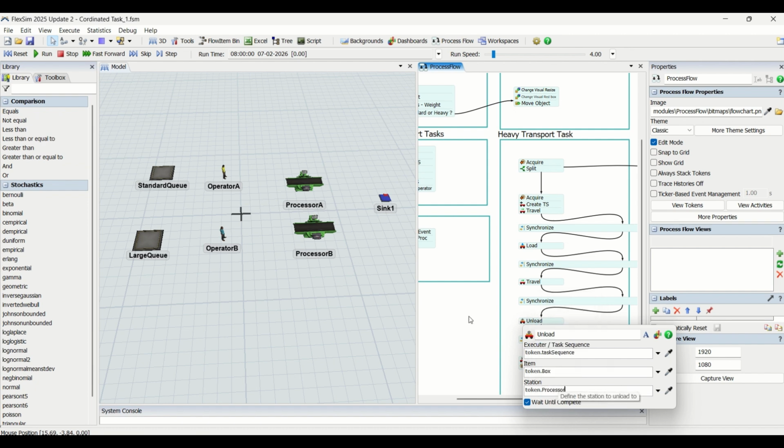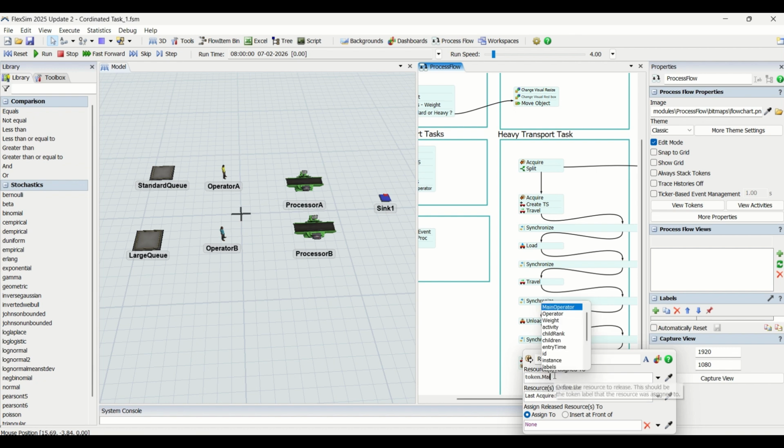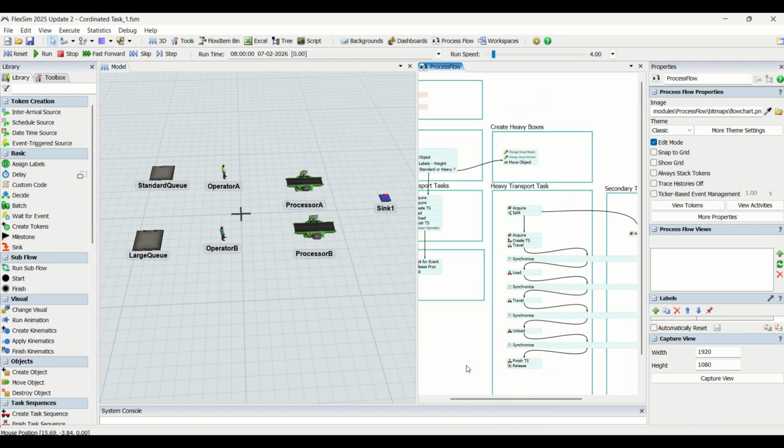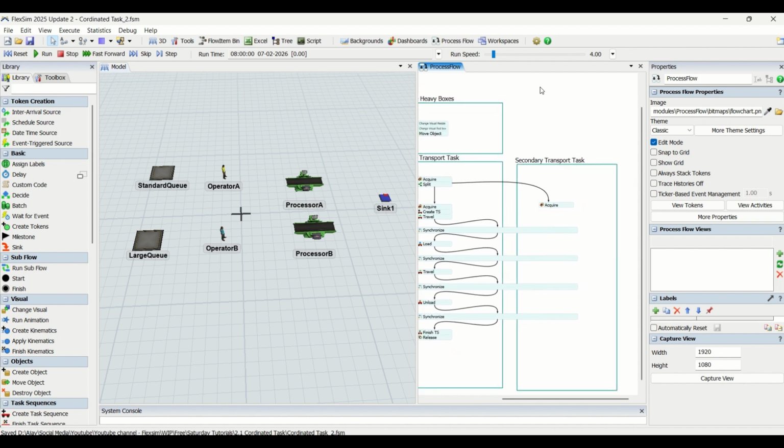So we unloaded that. Finished our sequence. What are we gonna release? We're gonna release main operator, which we considered. Right? So here comes the main operator, that is correct. Fantastic. So we are supposed to save this part here, and once we save this model, now we are ready to look into other domain, and that is creating this secondary transport